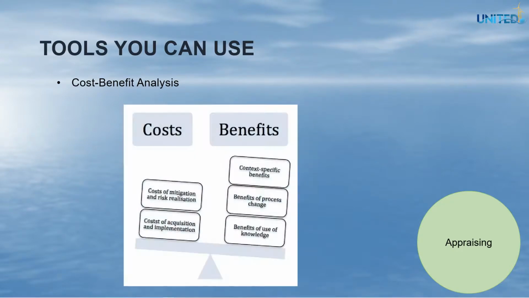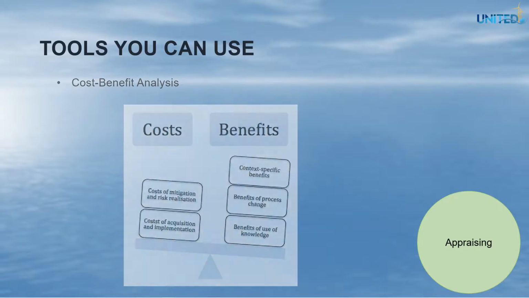In most cost-benefit analysis, we are trying to balance monetary terms. So how much money do I have to spend to avoid a certain risk, and how much money do I save by not having an accident? But of course, also other issues not easily expressed in monetary terms can be put on the scale. For example, benefits of changing your production process.